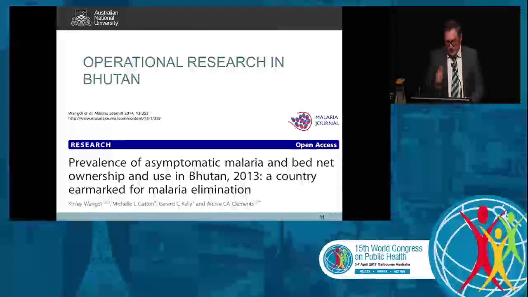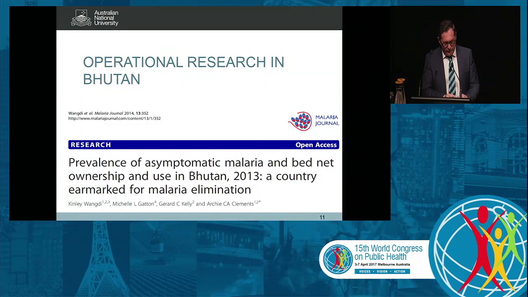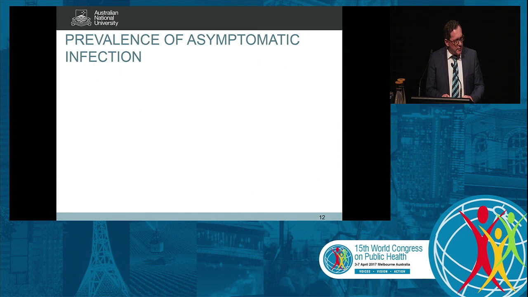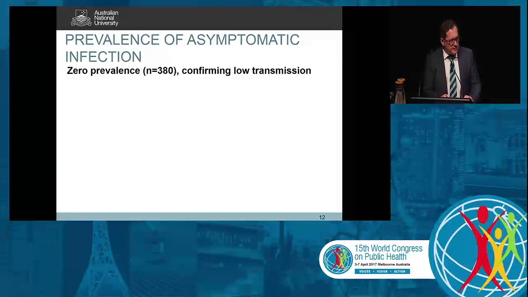So we did some operational research in Bhutan to understand the challenges that the malaria elimination program in Bhutan faced, and wanted to collect some data and also to develop a spatial decision support system for that country. So we did a survey in 4 sub-districts along the border with India, and we found, of the local population, a 0 prevalence of malaria using RDTs, rapid diagnostic tests,